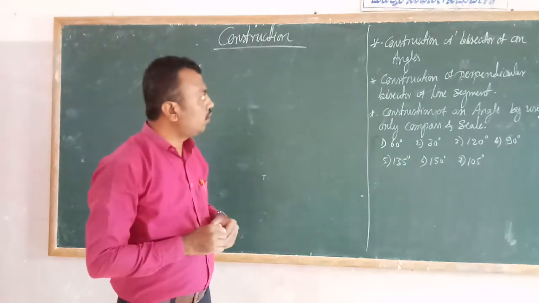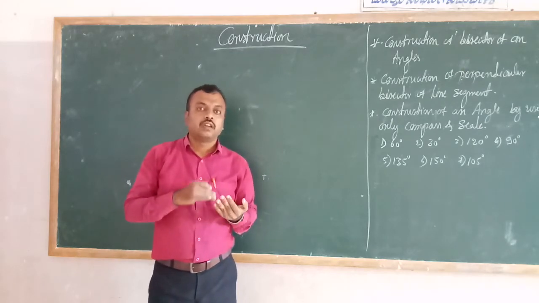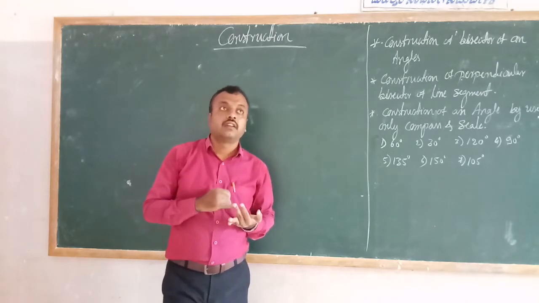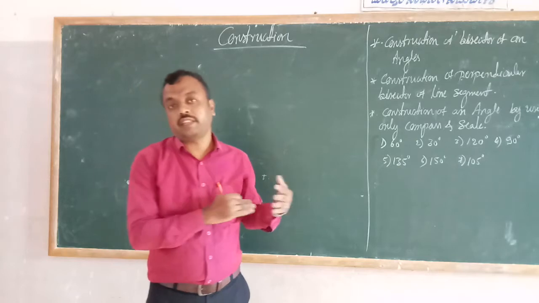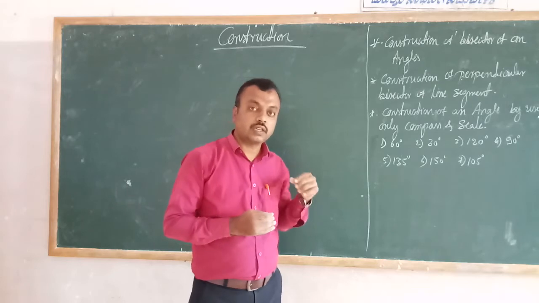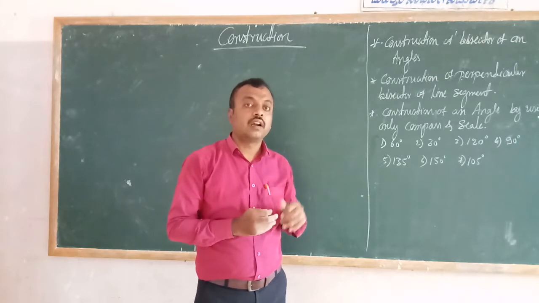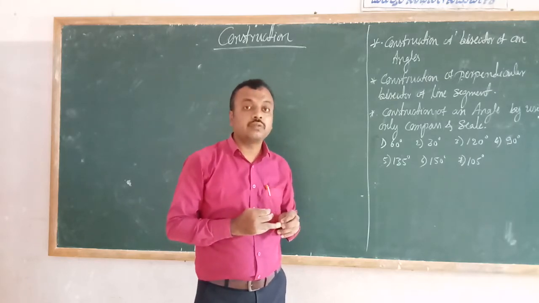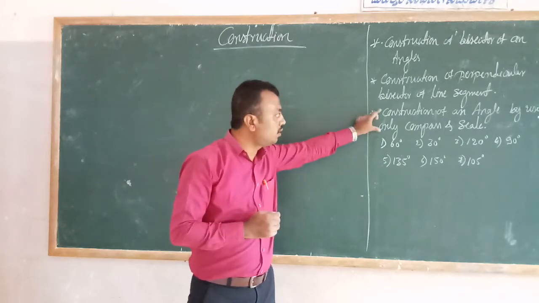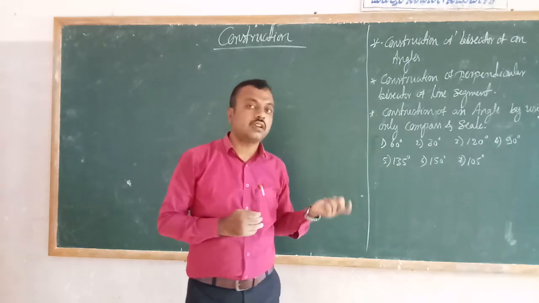We already know from last year's classes, I mean 8th standard, the construction of the perpendicular bisector of a line segment, angular bisectors, and then constructions of triangles in different cases. So this year also we have to construct angular bisectors and line segments, and also construct an angle by using only the scale and the compass. We already learned this concept in the 7th and 8th standard, so this year also we have to start with it.